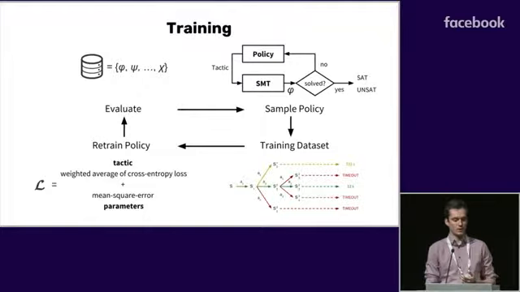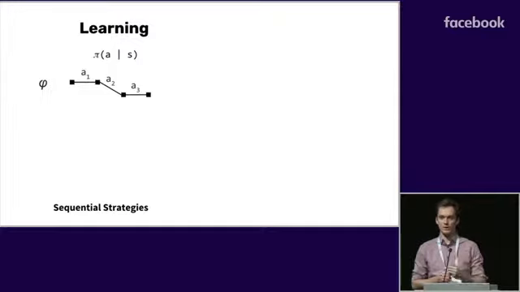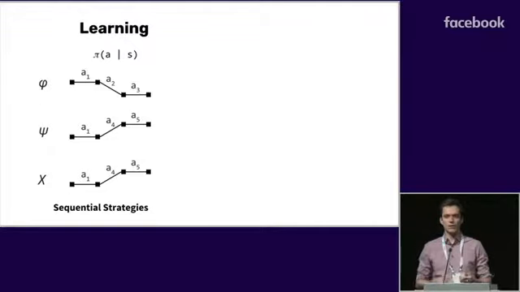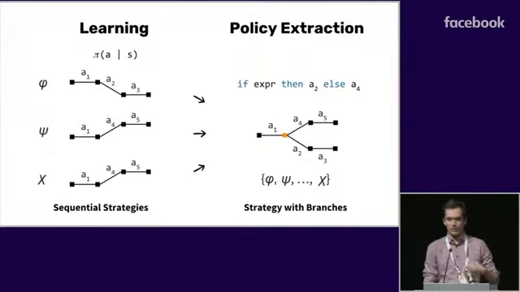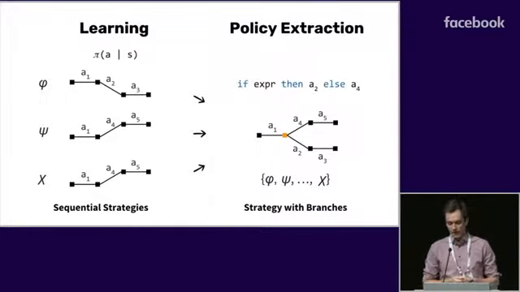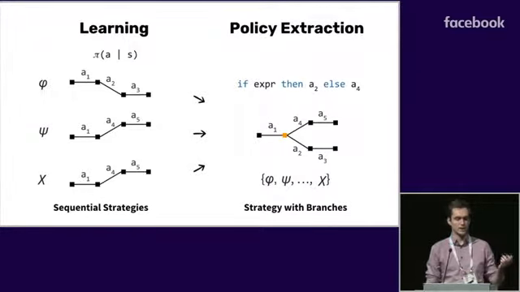So the result of the training is a policy, and we can run it on a set of formulas, and it gives us the sequence of actions that are good at solving the formula, and we can do it on a lot of these formulas. And the goal of the policy extraction is now to combine these into a single strategy that can be used to solve all the formulas, not each of them individually. And to do this at a high level, what we need to do is to synthesize, at each point where there are multiple outgoing edges in this combined strategy, a predicate that selects which of the actions should be taken. So in this case, to select whether we should take A4 or A2.